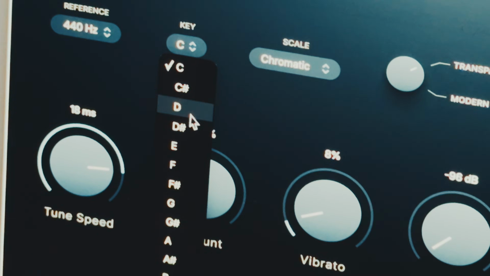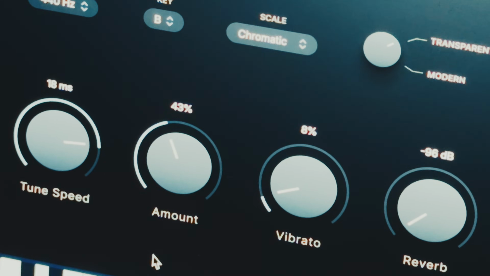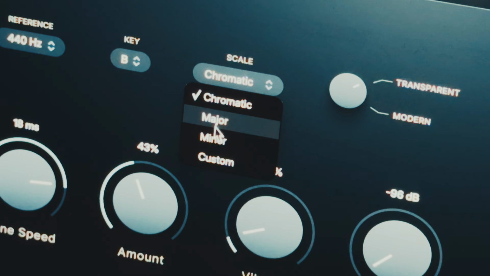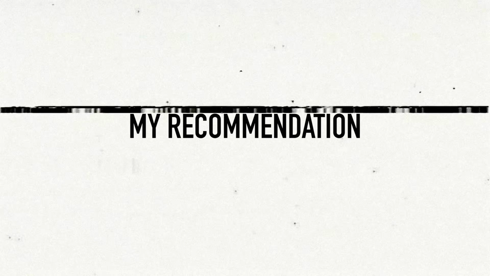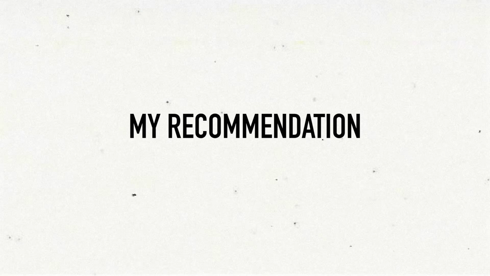Now, are there some things that I think could be improved upon? Specifically, yes, with the auto-tune. I think that because this is the first iteration of this, there are going to be some updates or some work that goes into dialing it in even more and getting it to sound more consistent and comparable to those giants like Antares. So I'm not going to sit here and tell you that you need this bundle. I want to just give you the info and let you decide for yourself.